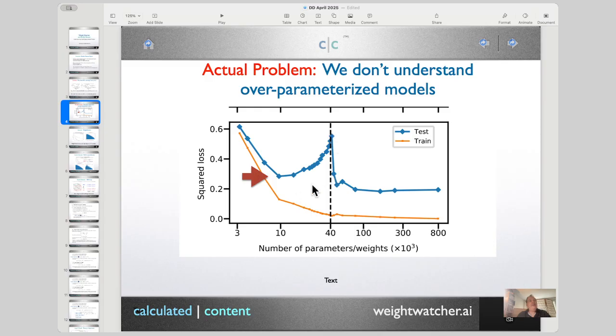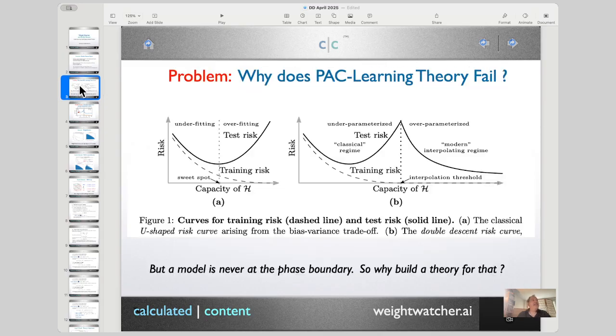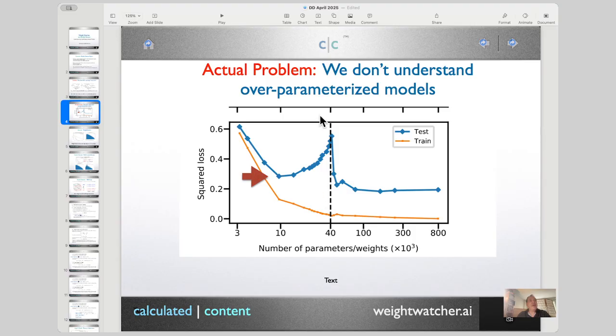And you'll notice that in this plot, the interpolation goes to 0 and the spike is at the interpolation threshold. But in the experiment, it's not quite there. So, theory and experiment already don't match perfectly. But they're interested in, wait a minute, where did this second phase come from? They're interested in this interesting behavior, but they forget